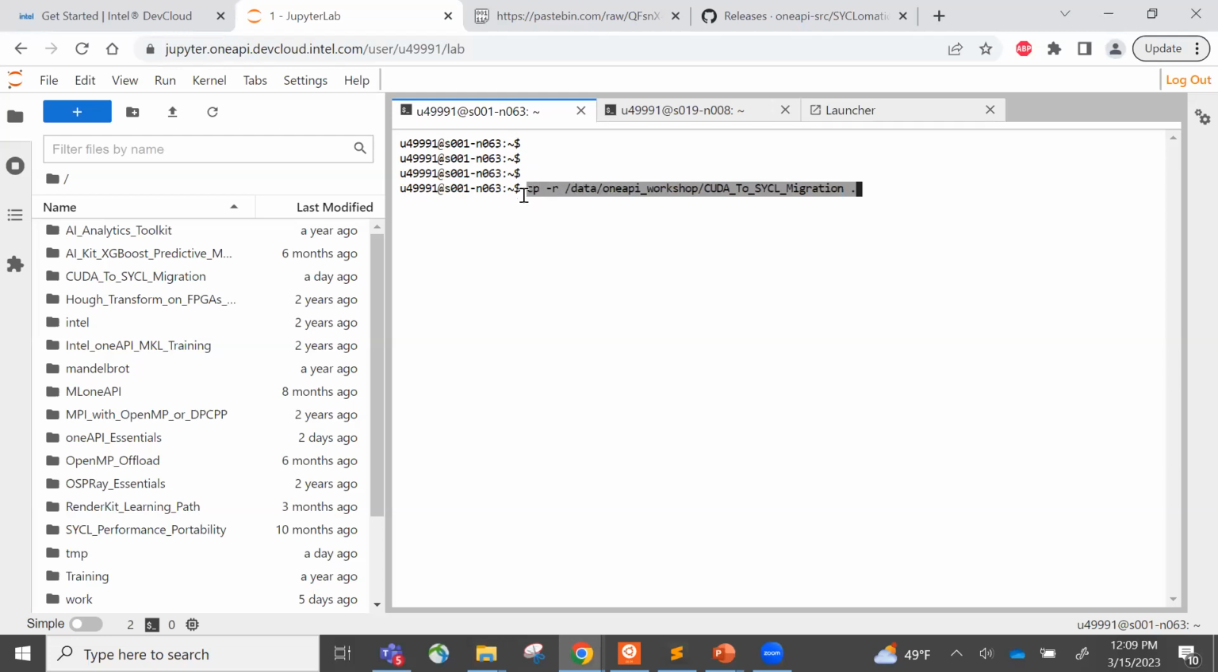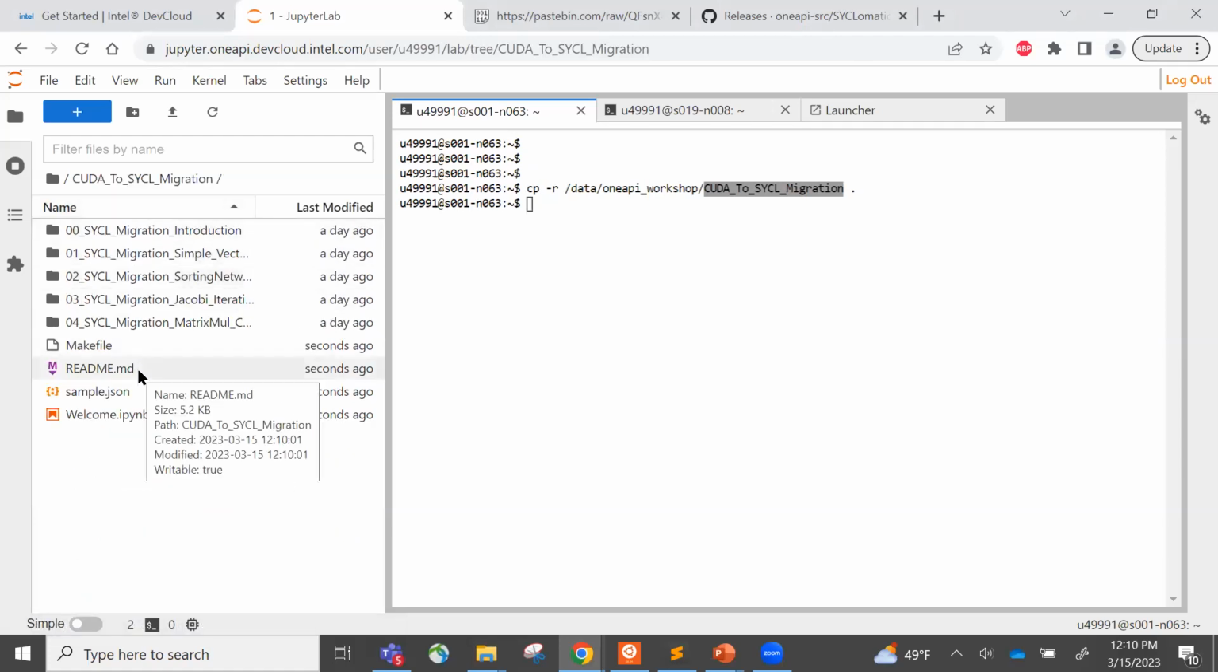By default, if you open up your terminal in Jupyter and run this command, it will just copy the training material into your home folder here on the left-hand side. Let me paste this command in the chat window. If you run this command, it should have copied a folder called CUDA to SYCL migration. On the left-hand side, you should see that folder. If you click on that